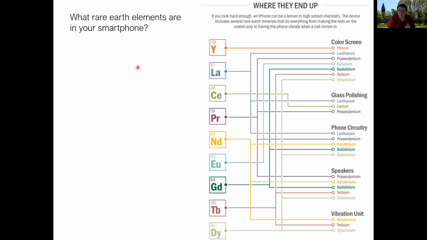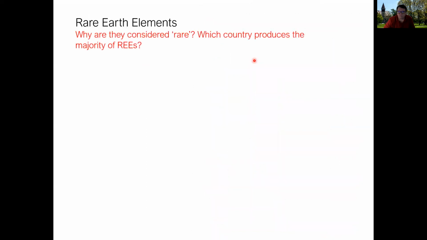I won't sit here and read these all to you again, but they're here for your interest if you want to look up more. Each of these rare earth elements, some are used for other purposes. Gadolinium is commonly used for medical imaging and anti-cancer drugs, but all of them are in various parts of the speakers, circuitry, color screen, etc., in diodes of your smartphone and other electronics, not just phones, but TVs and whatnot.